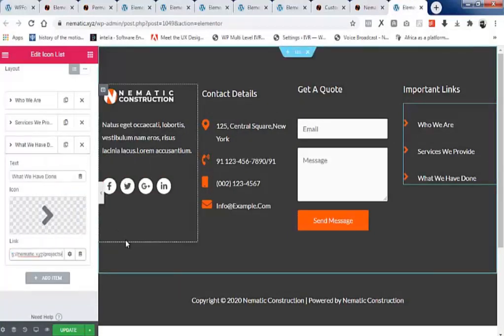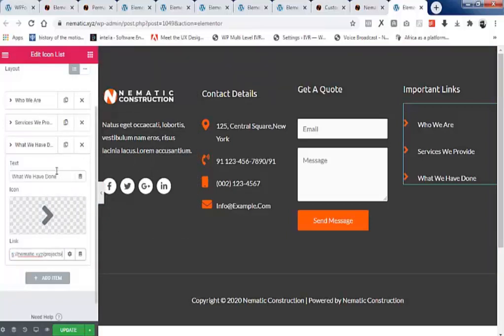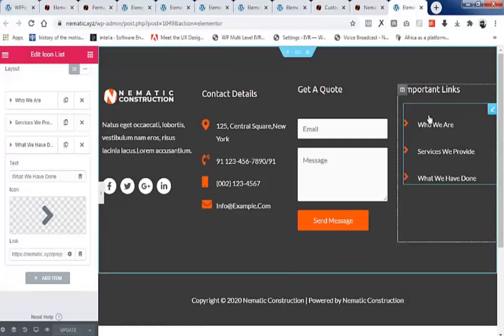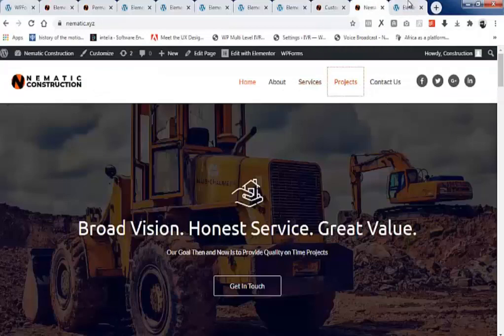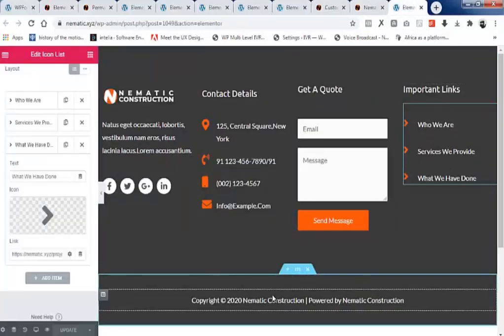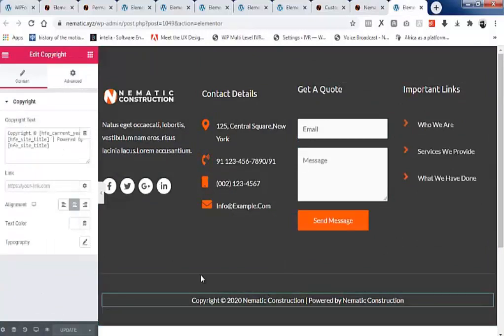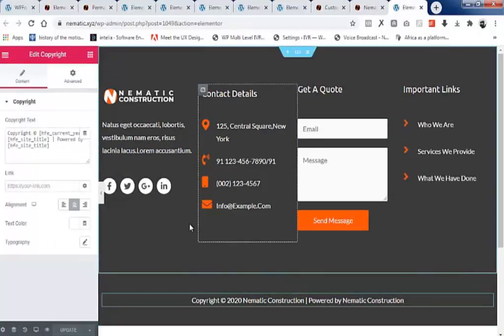Okay, so that's for that. Here we can just click on update. Anybody who clicks on any of this link will be directed to the link which you copied them from. Alright, here also you can click on this to edit it. So that's for that when editing the footer of your page.